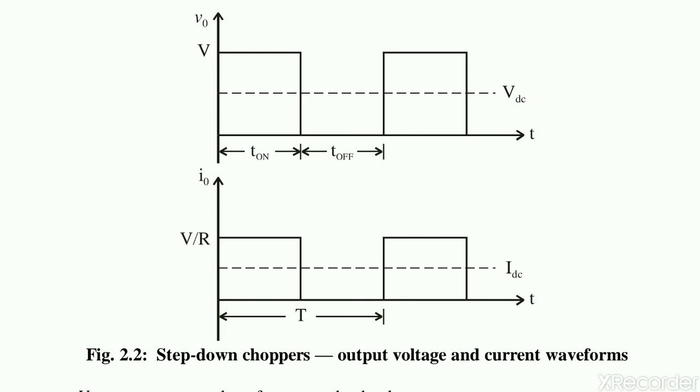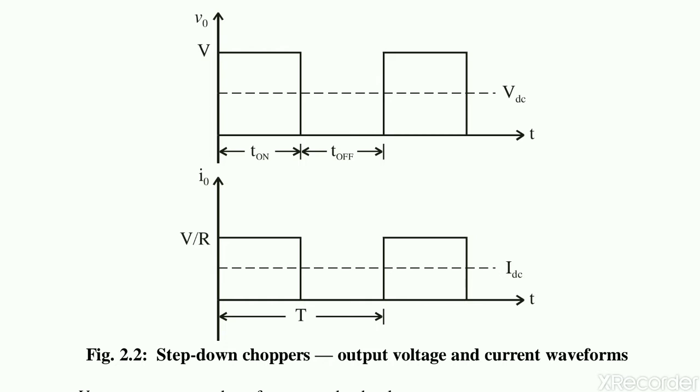Again we turn on the SCR. As soon as the SCR is turned on, the current will get a path from input to output. So the output voltage will appear across the load resistor R. There is one dotted line marked. This is nothing but the resultant output voltage, which has a lower value as compared to the input voltage. In this way we can get a lower value of output voltage as compared to the input DC voltage.